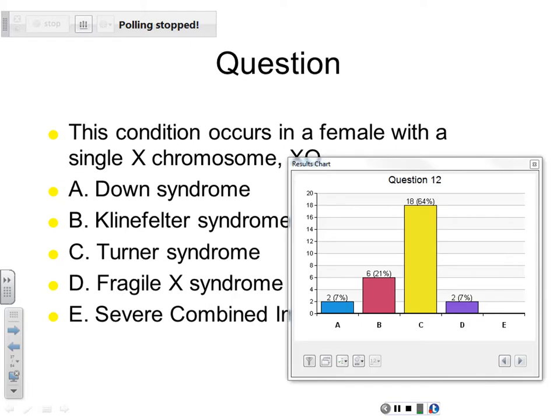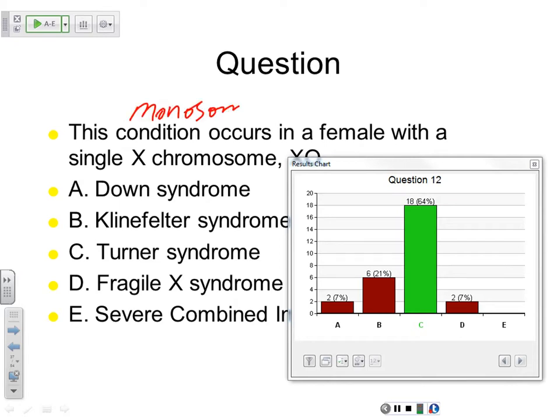Show answers. Of course, it's Turner syndrome. Yeah. So a bunch of you got it right. That's good. It's Turner syndrome. So what condition is this? What does it result from? Monosomy, right? Yeah. So this is monosomy. Because you get one gamete with a single X, and another one with nothing, because of non-disjunction: both pairs went to one gamete and the other one got stiffed.